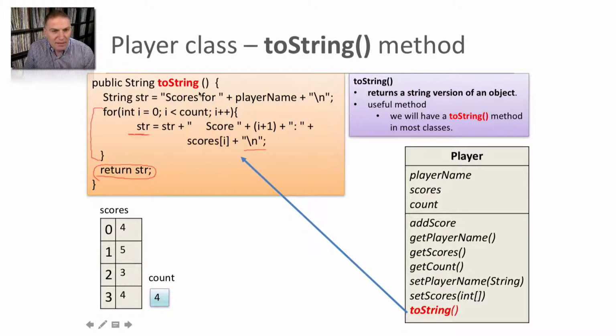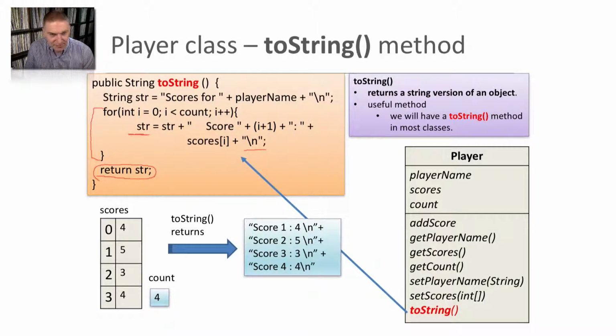So again, here we have a count of 4, where we have the first 4 indices in the array already used up. The values of those indices are 4, 5, 3 and 4. And if we use toString, it's going to return